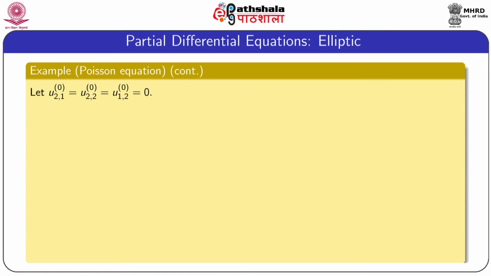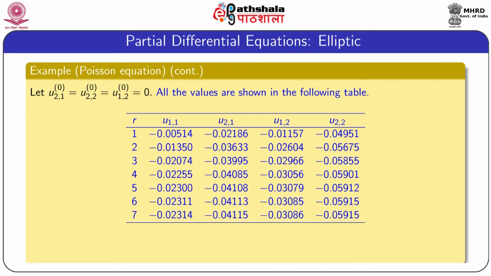Now we assume that the initial values of U21, U22 and U12 are 0, and all other calculations are shown in the following table. That means this table gives the values of U11, U21, U12 and U22. After the 7th iteration we get the optimal solution, and the solution is